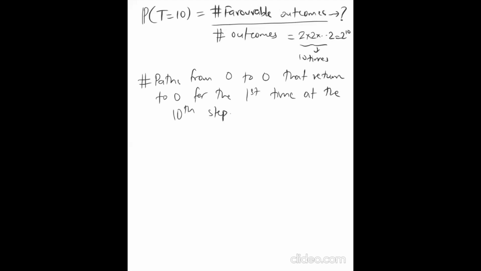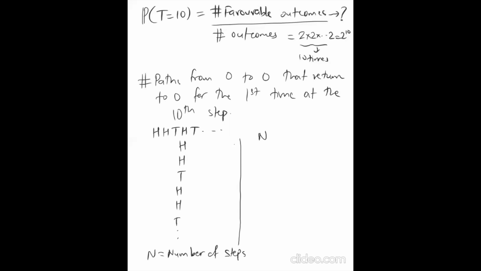A problem on the grid. As we said before, any path that you take, you can write it as a bunch of h's and t's, because that's all that matters. So suppose we had a sequence h, t, h, h, t, and so on. The way I'm going to convert this into a problem of paths on the grid is I'm going to keep track of n. n will be the number of steps taken, and the other thing will be our position.